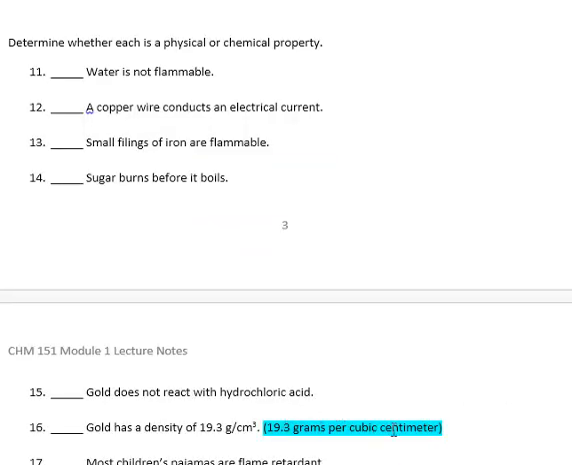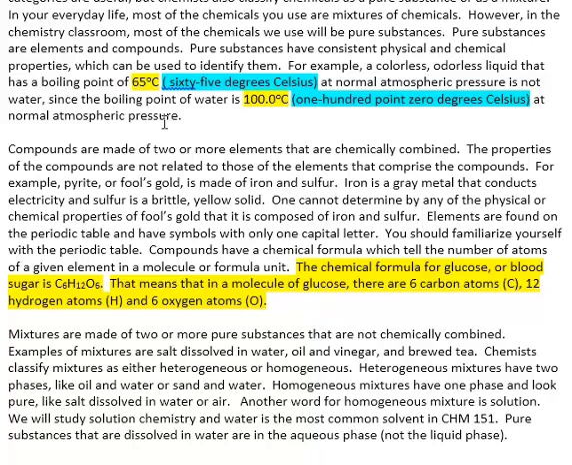19.3 grams per cubic centimeter. Those are the units here. Density units are mass per volume units. Here we have 65 degrees Celsius. This is the symbol we would use for that. And the boiling point of water is 100.0 degrees Celsius at normal atmospheric pressure, which is also known as sea level. The chemical formula for glucose, or blood sugar, is